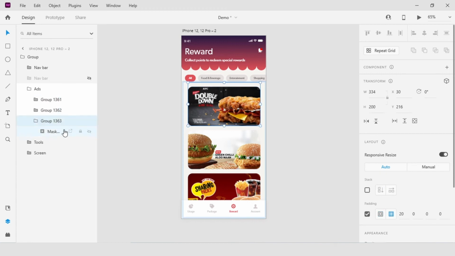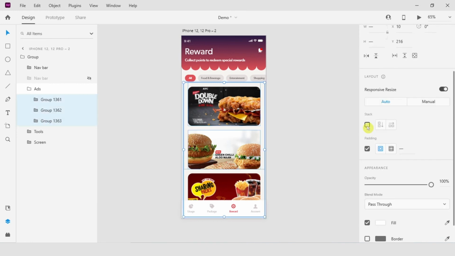So the first thing I will do is come in and group them so they are a separate group of their own. So here in the layers panel I can see I have three groups, or three individual tiles. What I do now is treat them like a stack. So I'm going to select all three of the group objects, and here in the properties inspector in the layout section, notice I have the stack feature and padding. When I check stack, it's going to automatically apply padding to the selected set.